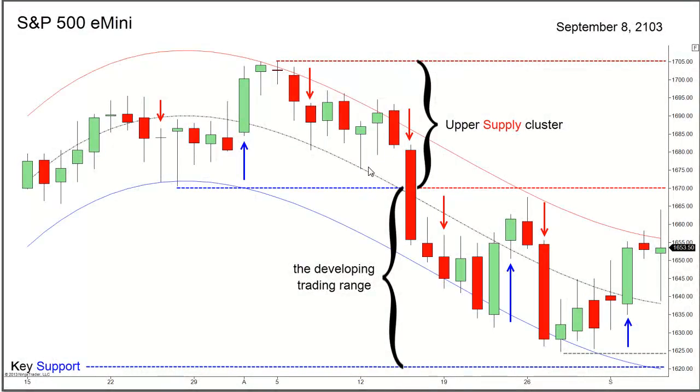2013. Following the August 18th breakdown, when the S&P transitioned out of the consolidation range that had developed for the better part of a month, when the market had auctioned up to the multi-year high at 1705, and price transitioned out of consolidation and traded down below 1670, the S&P has been in a process of building a base of support in the developing trading range between the key support level at 1620 and the upper supply cluster edge at